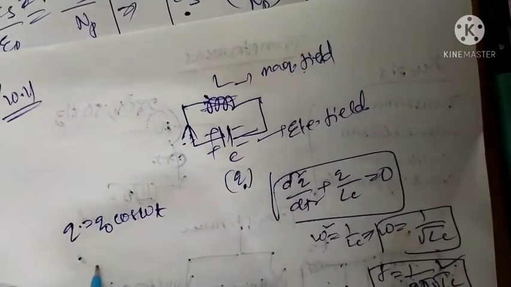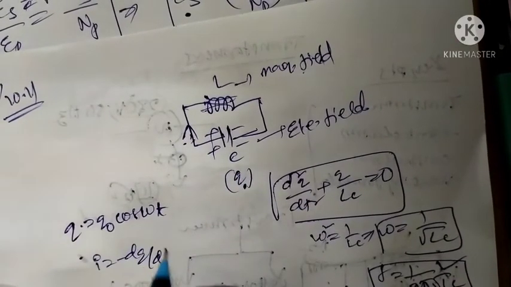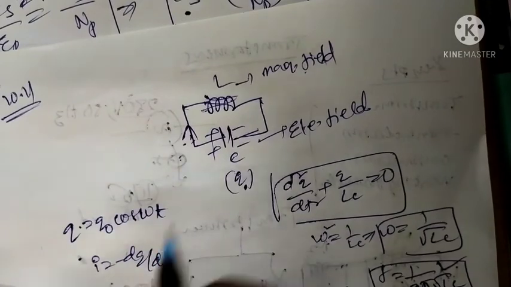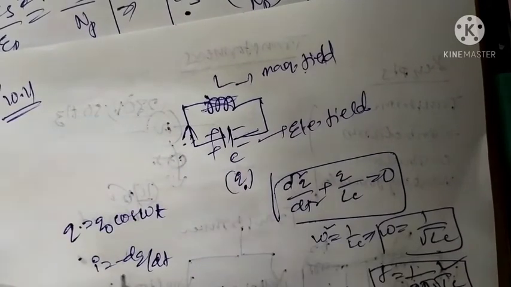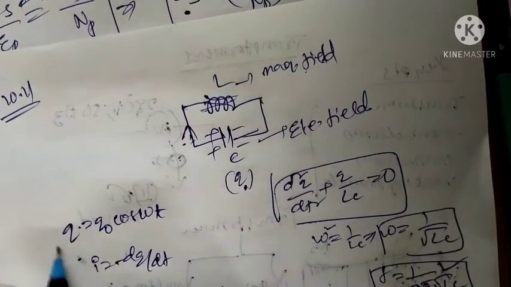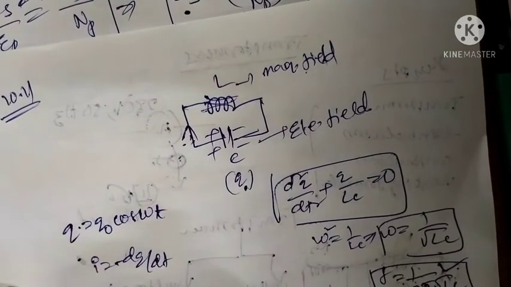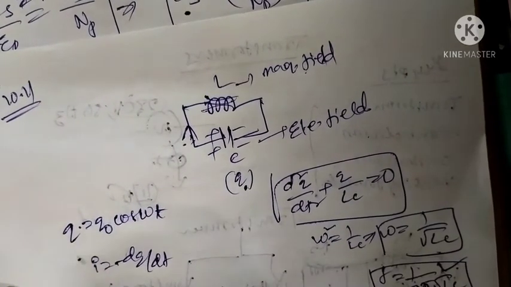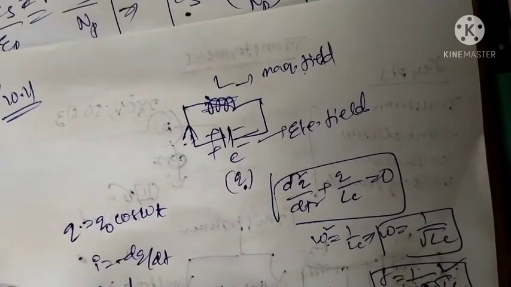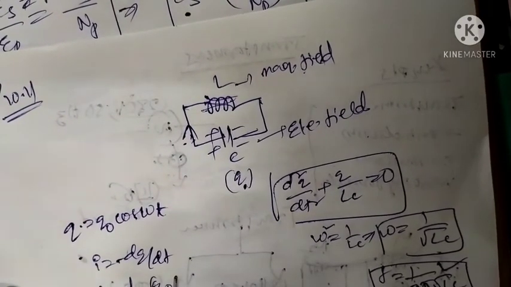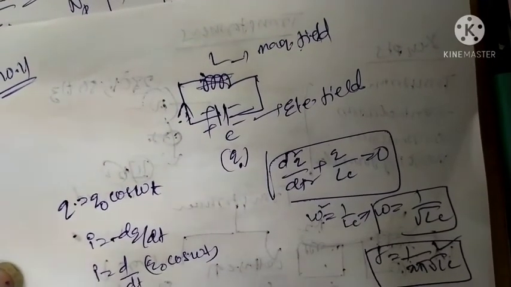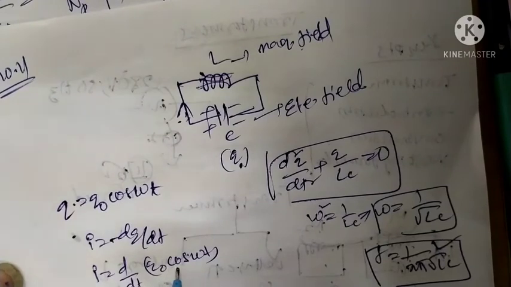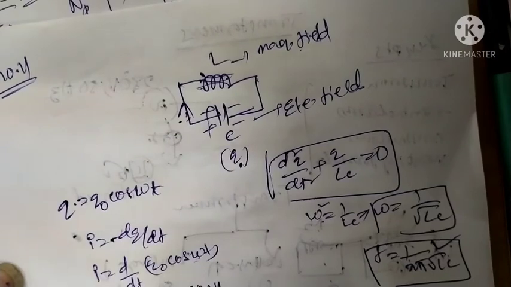Now this current is decreasing, that is I is equal to minus dq by dt. Charging current is passing through the capacitor, the charge carriers in the capacitor will decrease, that is the reason for the negative sign. Okay, what is the q value? You can substitute here. We get I is equal to d by dt of q, where q is q naught cos omega t. The derivative of cos is minus sin, so q naught omega will come, omega sin omega t.